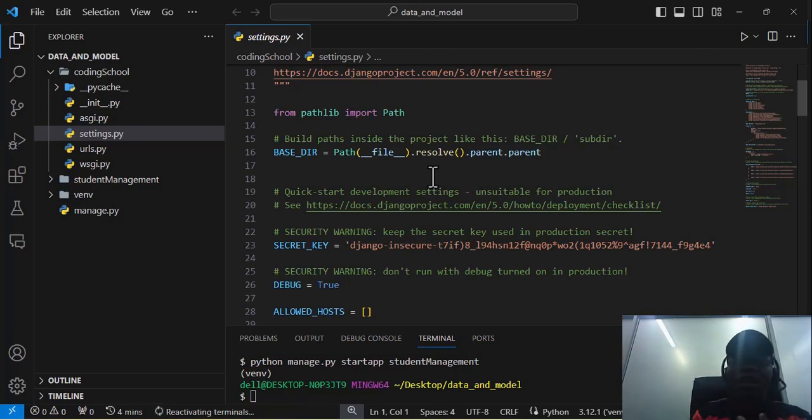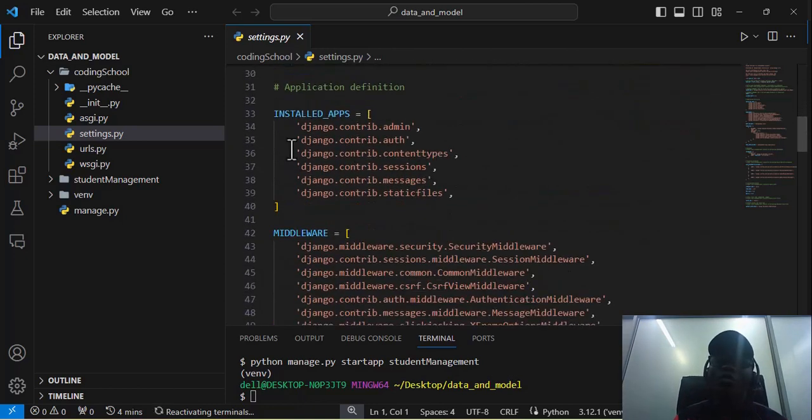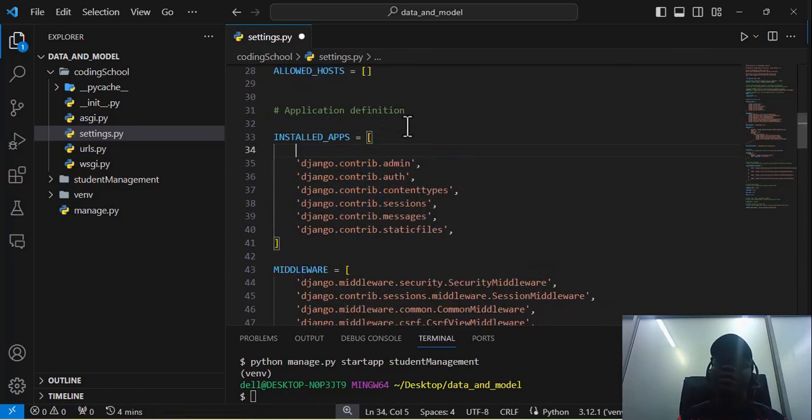So for anything you are doing to be applied to the application, you need to make Django realize that, okay, I've created this application, and you should consider it as part of any command that I'm running or anything I'm doing going forward. So to register the application, you come to this installed apps. This installed apps, you just put it anywhere. Preferably you can put it as the first, and don't forget the name that we call it,